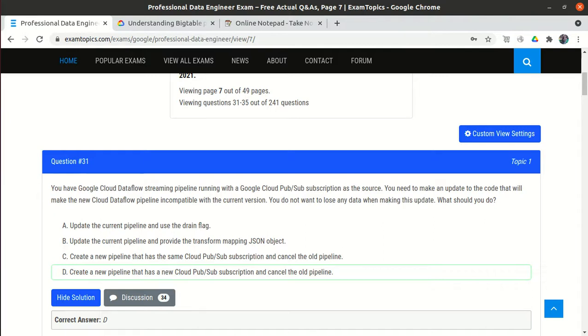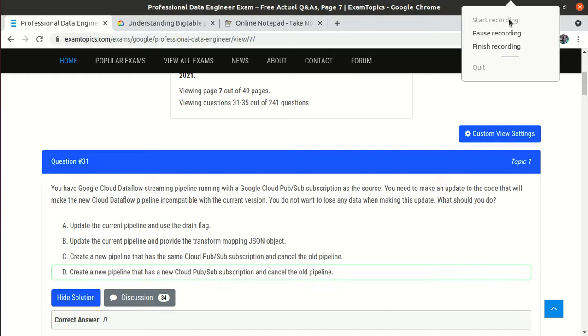Even for all the questions which I have discussed, I would suggest this because nowhere is giving the correct answer. Even the website itself is not giving the correct answer. Even if you see the discussion community, some people say A, some people say B, some people say C, some people say D. So no one is aware of what the correct answer is. So whatever answer I am providing to you, I am providing on the basis of my knowledge and by checking some documents on Google, and by checking some good answers from the discussion community, right?